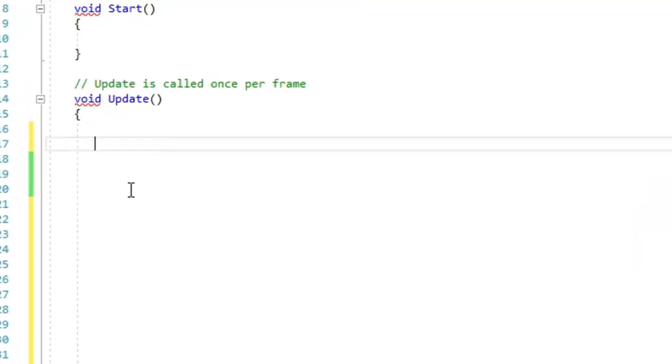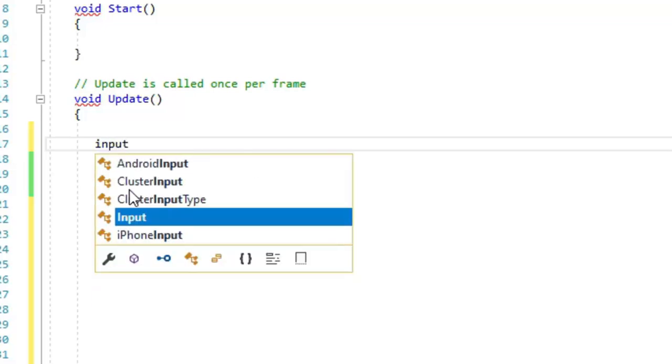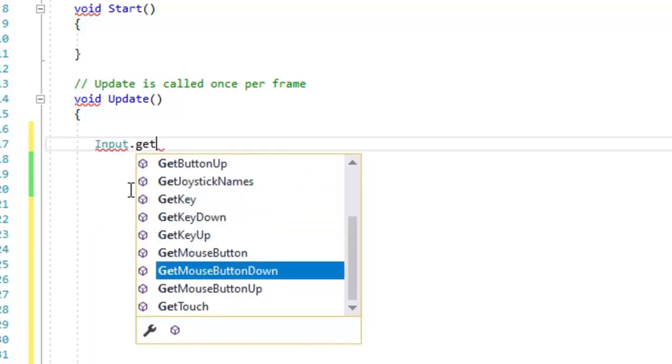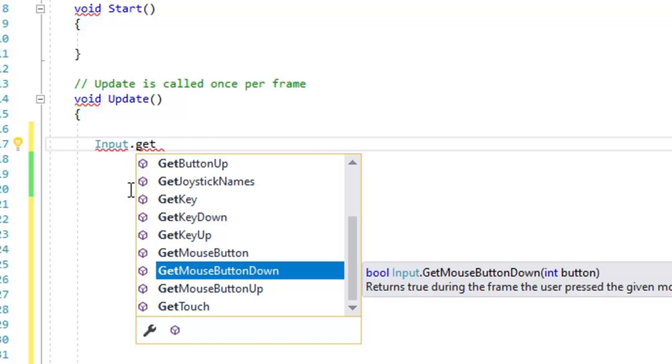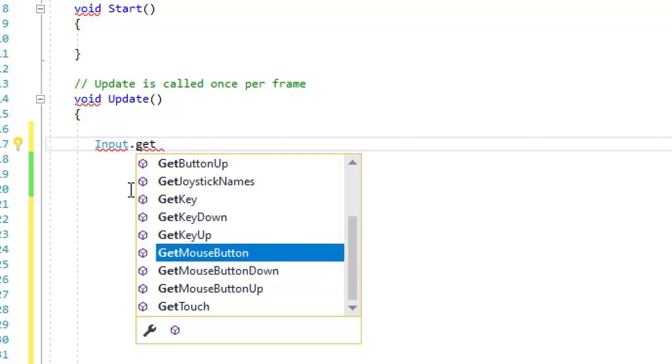First of all, we will see what values are returned by get key up, get key down, get key, or get button, all these families. So first of all we will write input dot get key down.